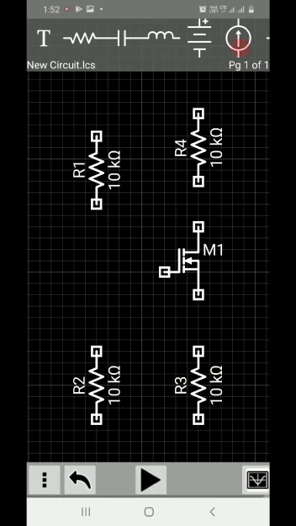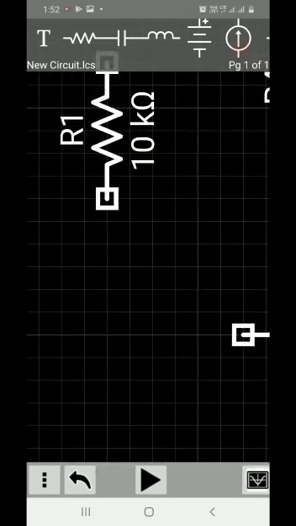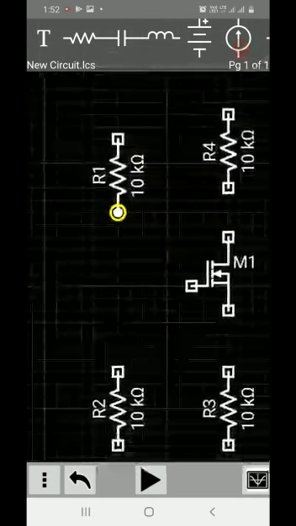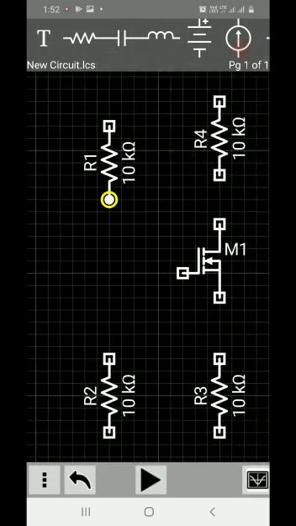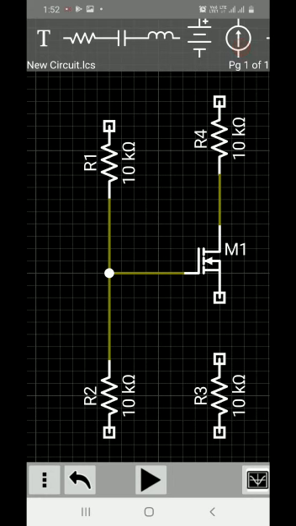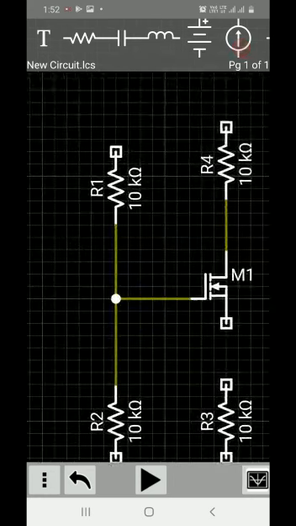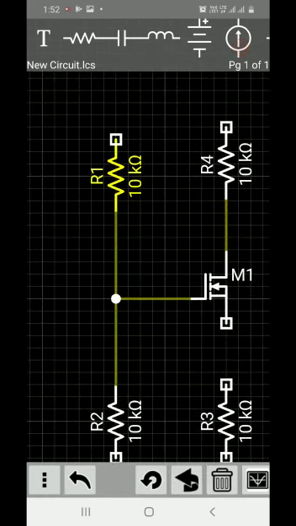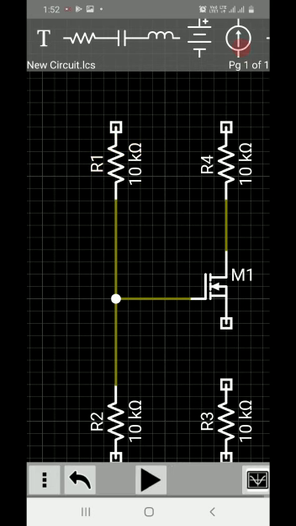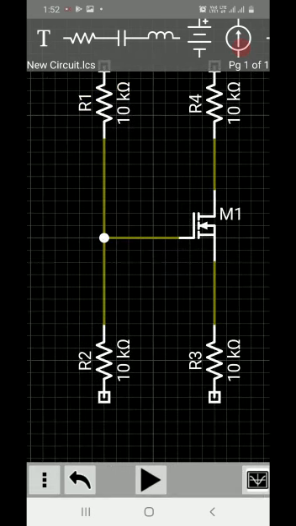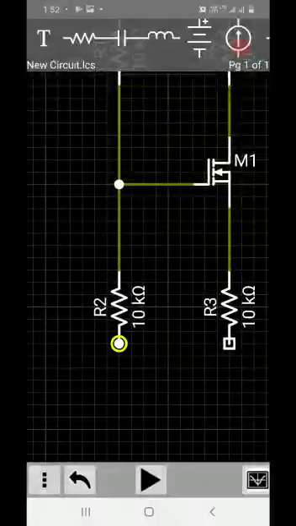Okay, now I will initially join all these components. As we have already seen, to make the connections, just click the terminal to be connected. This becomes the starting terminal. Then the end terminal, whichever we want, we can choose for the connection. So I will connect from the gate of the MOSFET to this resistor terminal, and the drain to this resistor's terminal. Now I will move this track to the upside. Fine. Now I will join these 2 points as well.